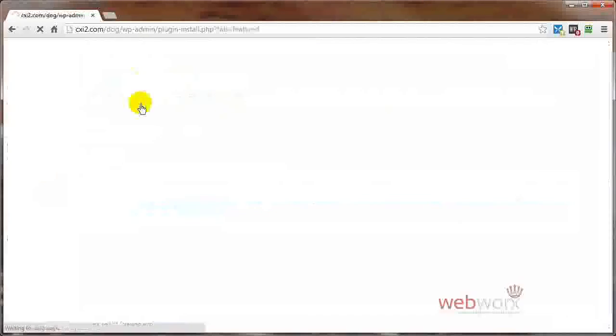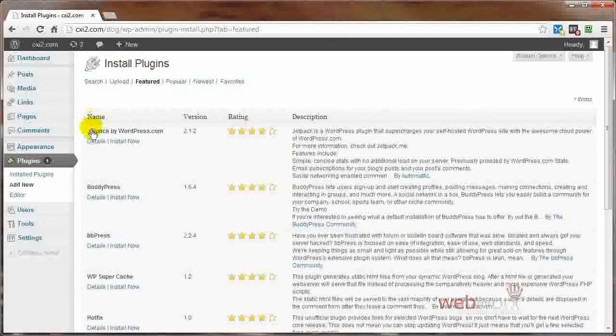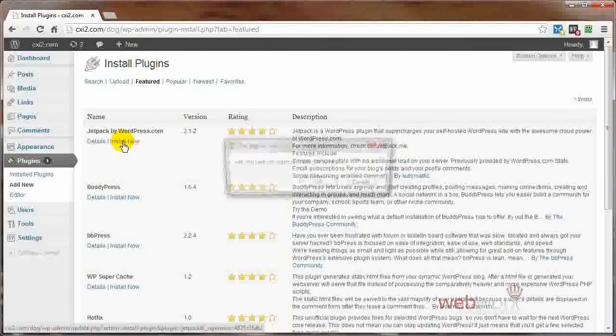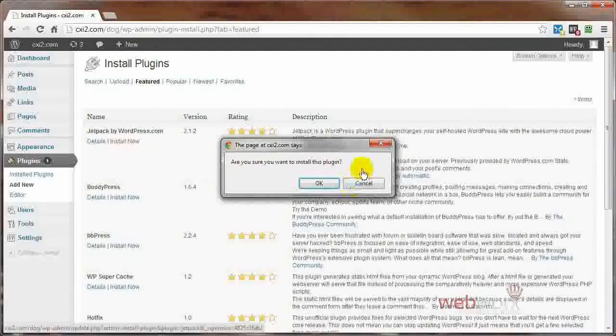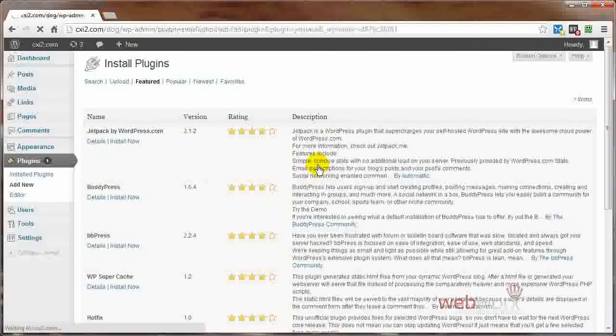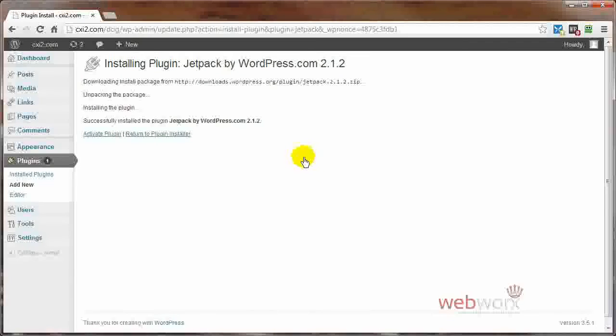Let's try featured, and inside of here you can see some of the featured plugins, and here you can get the ratings. You can get a bit of a description of that particular plugin. But to install one of these plugins, you just simply click on Install Now, and it'll give you a little message here warning you, are you sure you want to do this? Which is cool, because that way it just gives you a chance to back out if you don't want to. Then you just click on OK, and at this point the plugin is being installed, but it's not active on your site yet. We go back here to Plugin Installer,